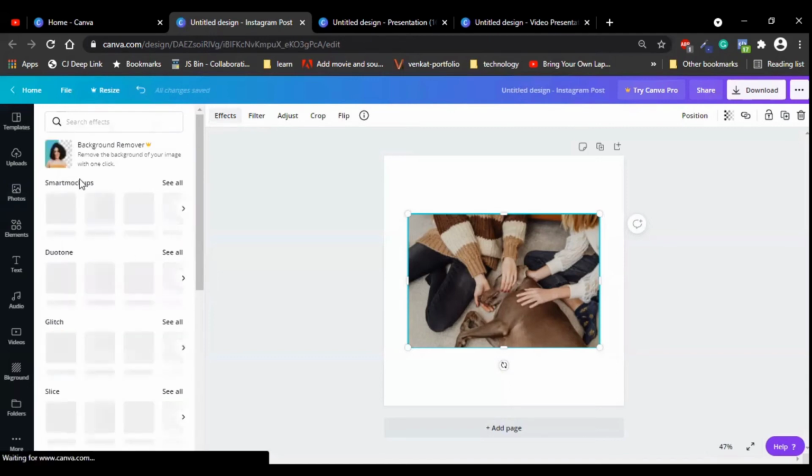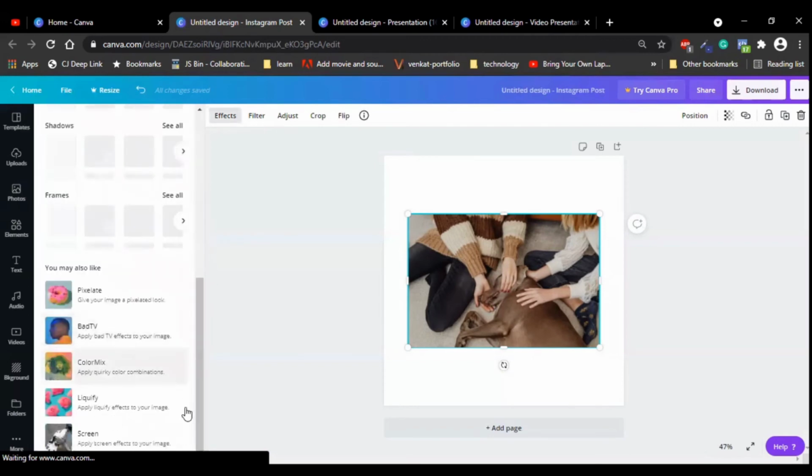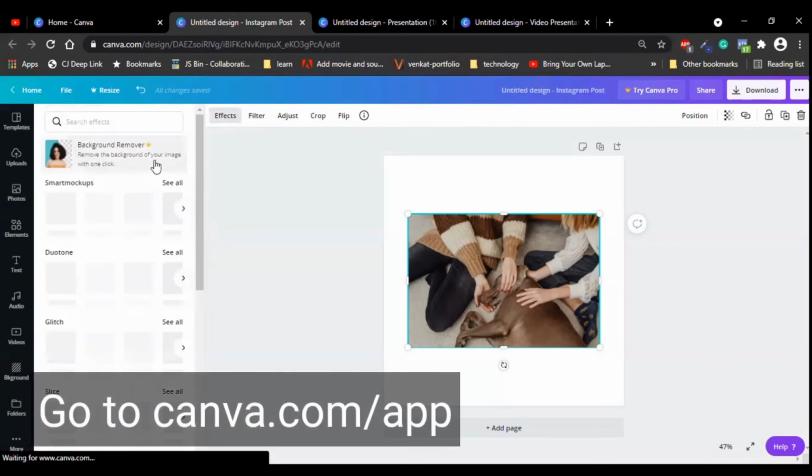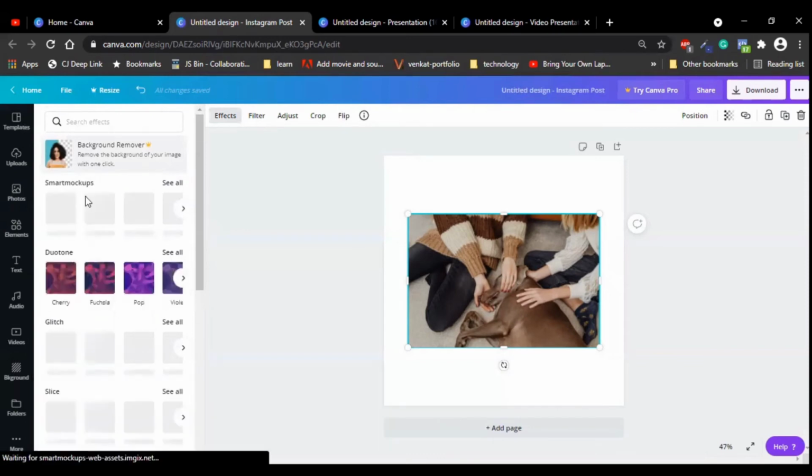If you can't see smart mockups, you can see it down from here. Smart mockups will be available here. You need to connect here, or you can go to canva.com/app. From there, you can select smart mockups and apply them to any designs.